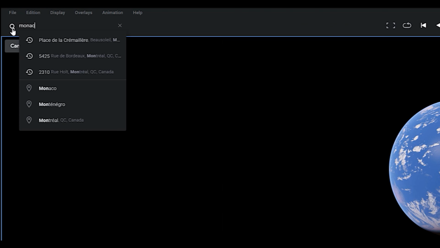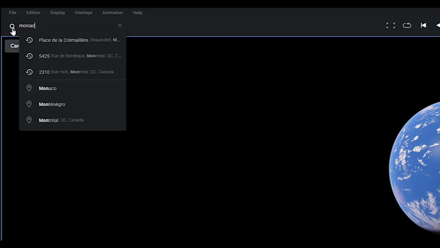Type in the address of wherever you want to get a drone shot of. As you can see, it's going to take you exactly to the address you typed in. Now, I'm just going to go to the exact spot where I shot the example clip. So it's somewhere in Monaco. There's this sort of viewpoint that oversees the entire city. So as you can see, this is the same spot I used in the example, and we're going to be